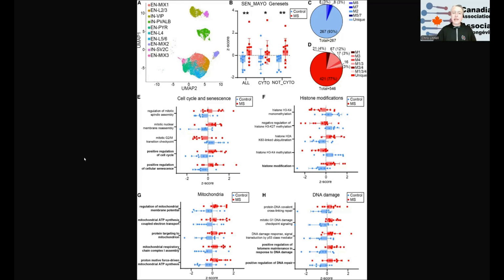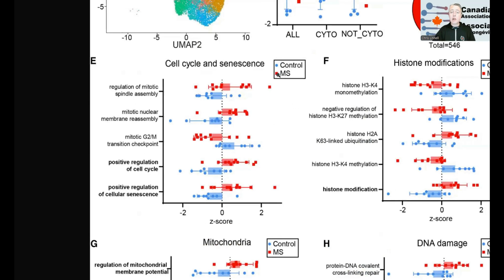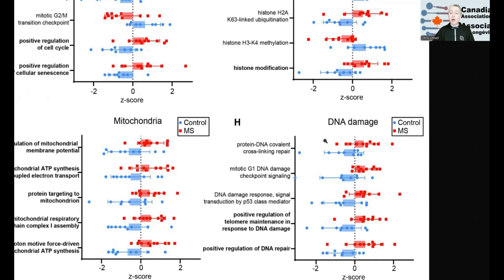Now, this is a quite detailed slide here, but just to show a couple parts of it. So you can see the cell cycle and senescence. Control is blue, red is multiple sclerosis, and a lot of the pathways for, again, cell cycle and senescence are enriched in the multiple sclerosis patients as opposed to the controls. And similarly, down in H here, you can see where DNA damage is involved. A lot of the pathways are enriched in these multiple sclerosis patients, again, indicating that aging and senescence plays a